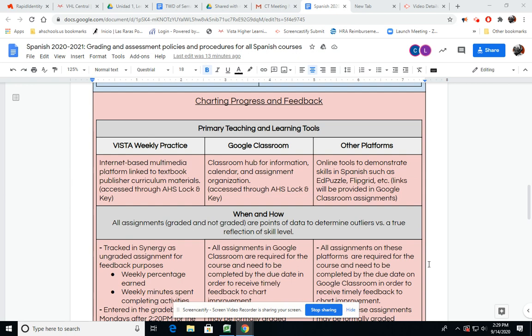Whereas maybe you're in your social studies class or something, you can listen to the teacher lecture about something and then take a little quiz. That sort of scenario will get you zero skills in a world language classroom. It will not help you progress. So we have different platforms, we have different things that we have to use.